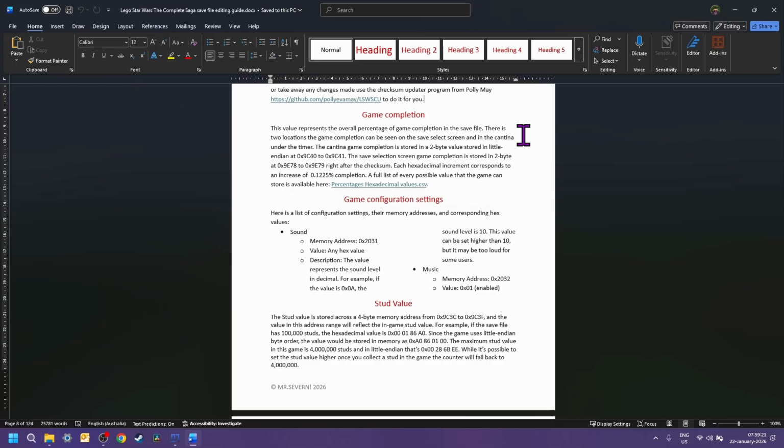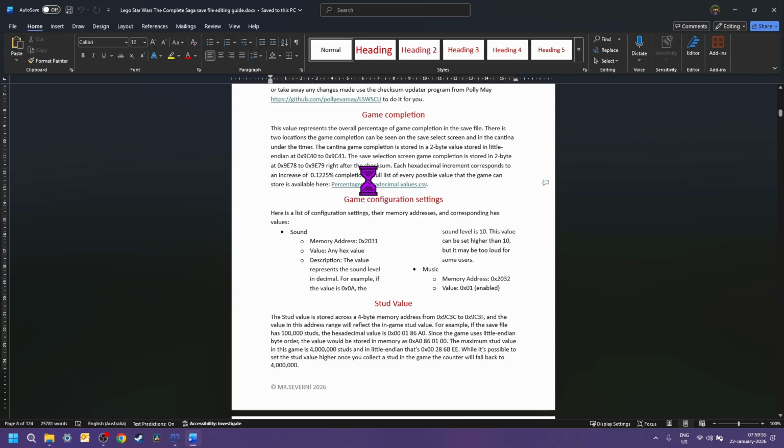The cantina game completion is stored in a 2 byte value in little endian from that address, and the save selection screen completion is stored in a 2 byte value here, right after the checksum. Each hexadecimal increment corresponds to the increase of 0.1225 completion. A full list of every possible value that the game can store is available here.